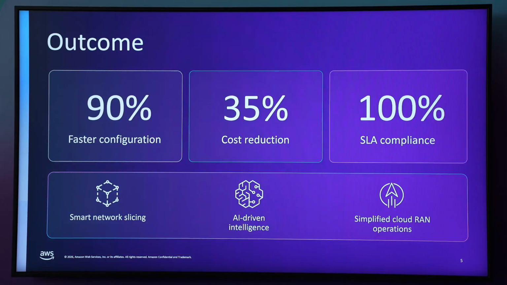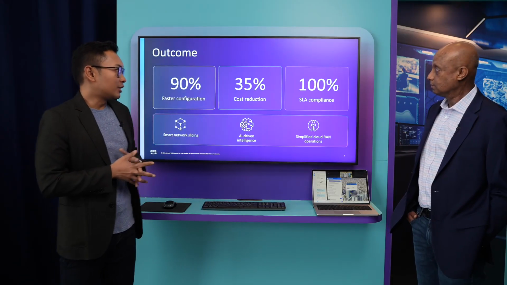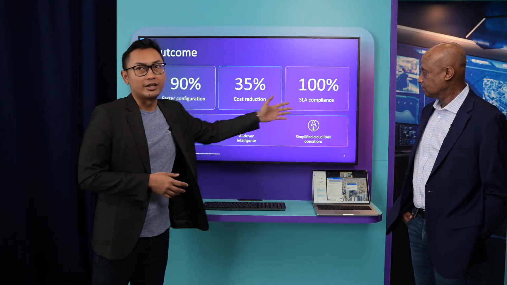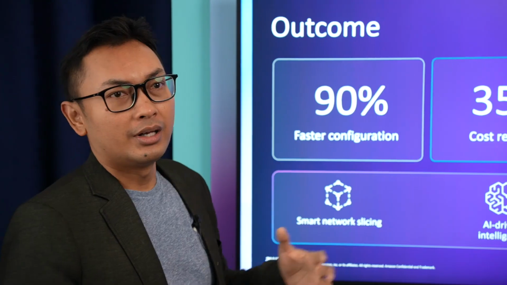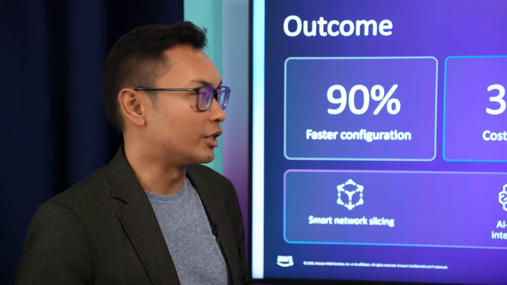Now, with this approach, we can save up to 90% of the time to configure the slice. So instead of doing manual research and data crunching, the agent can do it for us. And with that comes a 35% cost reduction, and we can still comply with the SLA. As you can see in the demo that Girum showed, for an enterprise customer requiring 120 Mbps, we can comply with the SLA by instructing the agent to check the network slicing condition.